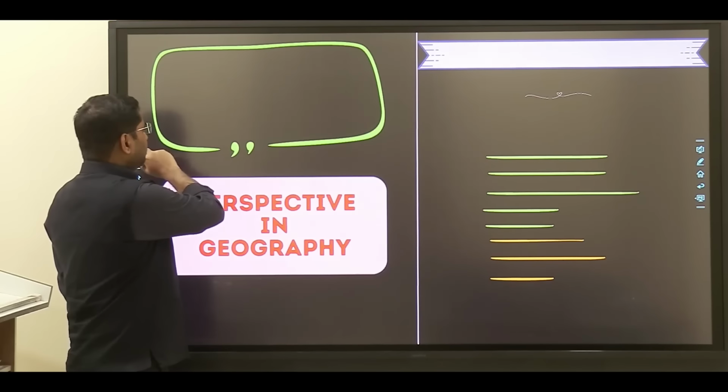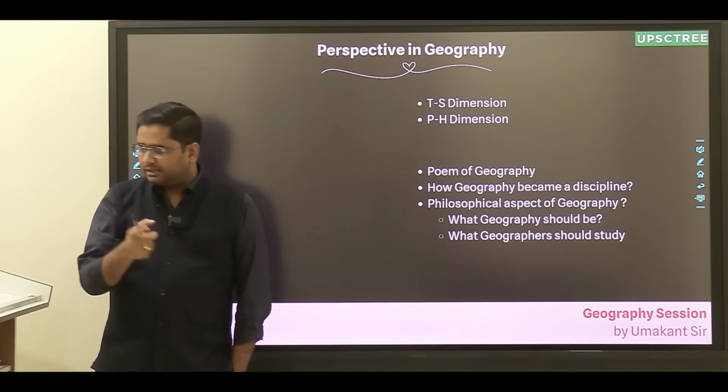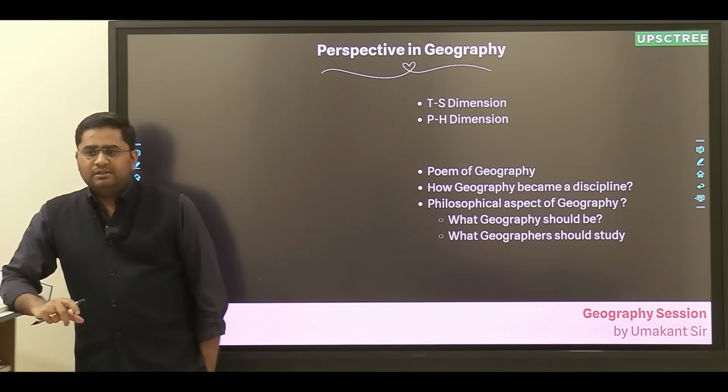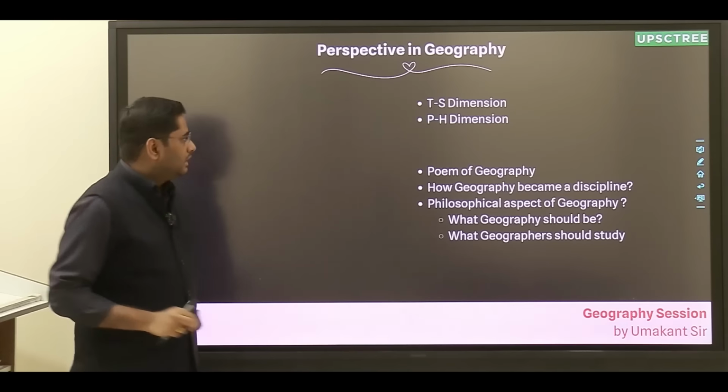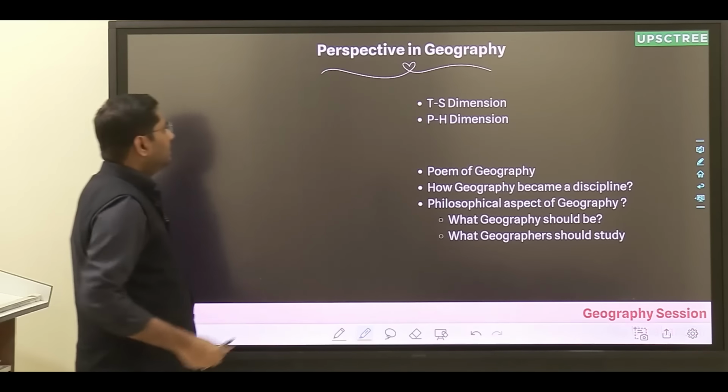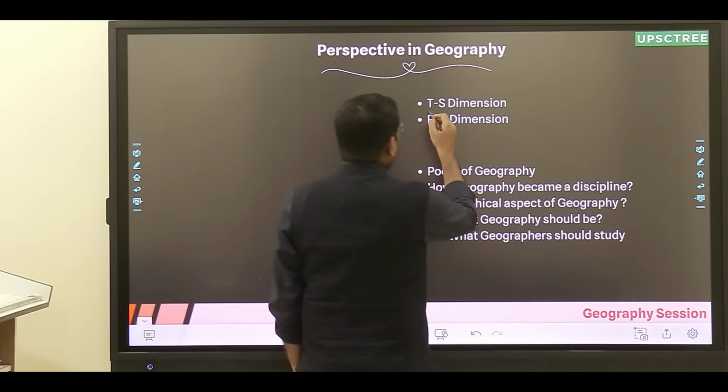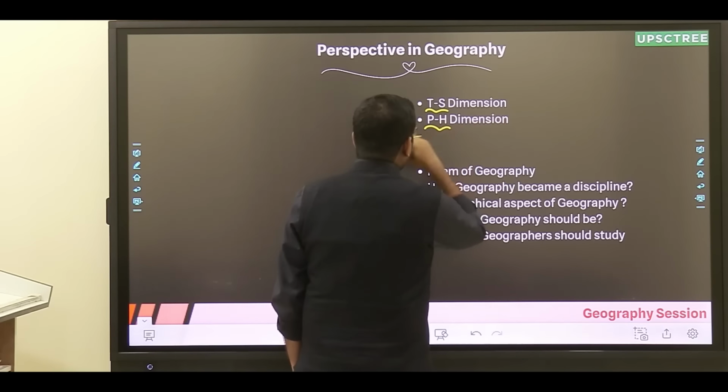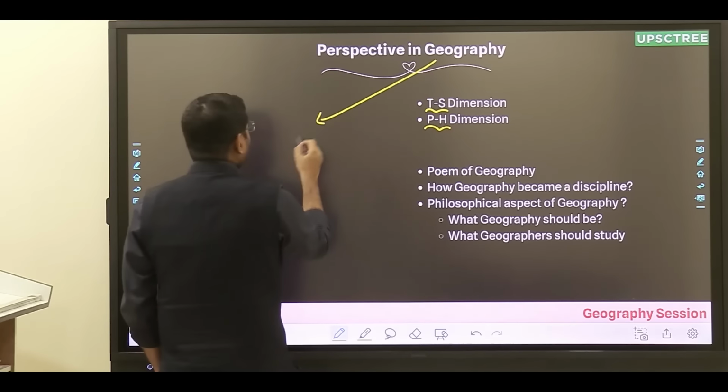If you understand perspective, you can fetch more marks, because perspective is the key to geography. That means what exactly is geography as a subject all about. That's what perspective is all about. Now if you look at geography, it has